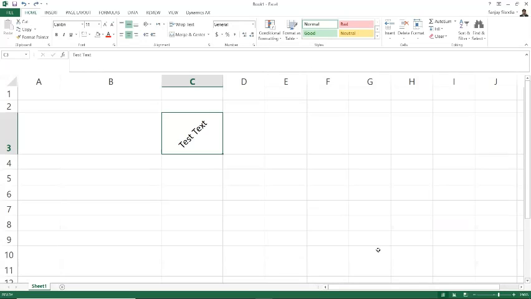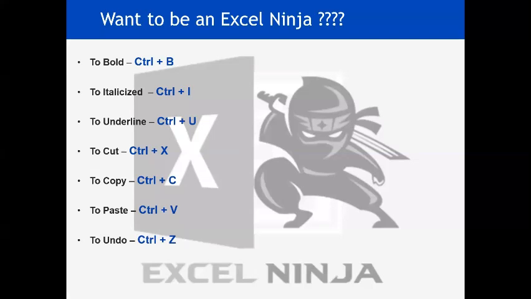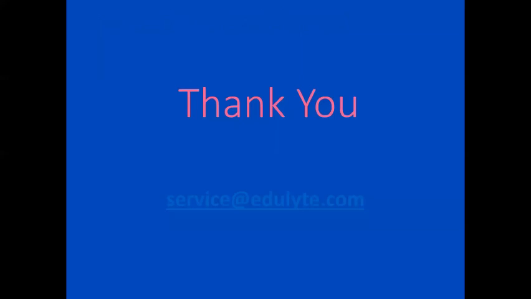But when I change the color to black, I realized, no, the red color was looking okay, and I want to again make it red. What I will do is Control Y. So in order to cancel the previous action, press Control Z. And in order to repeat some action which you have undone, Control Y. So that's pretty much from our side in today's session.